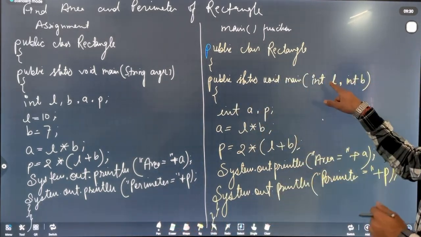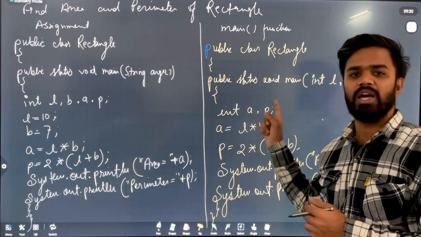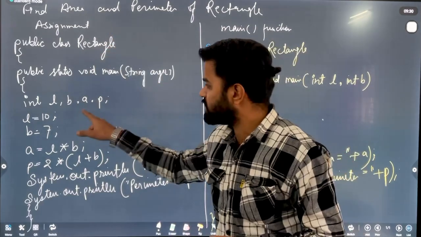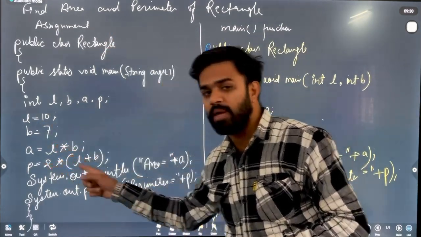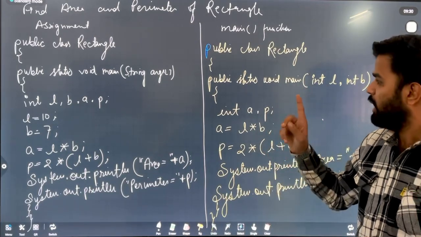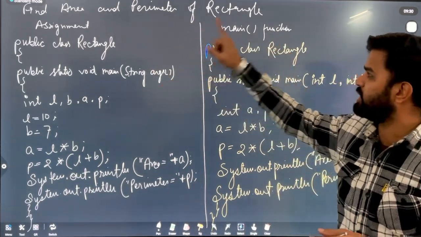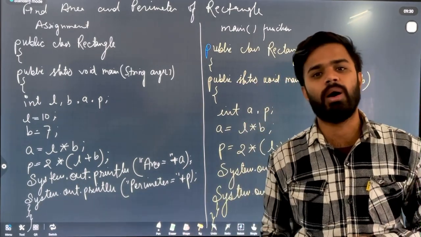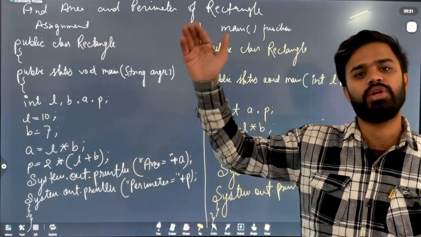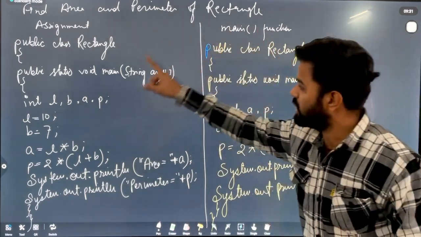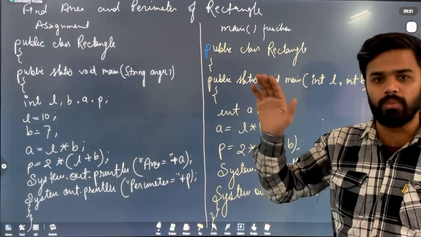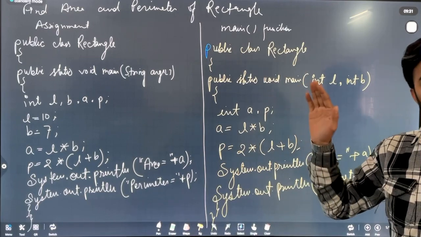Now class, here the values of L and B will be initialized by the user, not by the programmer. But in the assignment statement, the values of L and B are initialized by the programmer. These are the two main differences. Okay. And now after the assignment statement and main function, we will study the Scanner class and then the Buffered class. We will continue with the Scanner class, because for assignment, main function and Buffered, we don't need to learn too much. Is it clear?